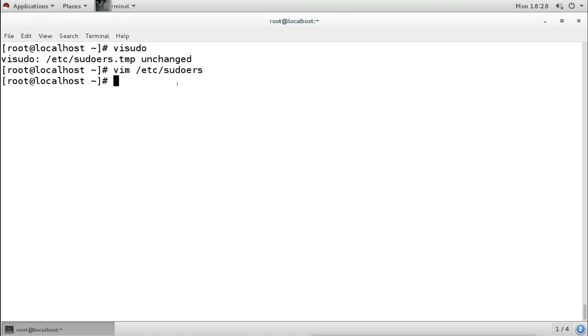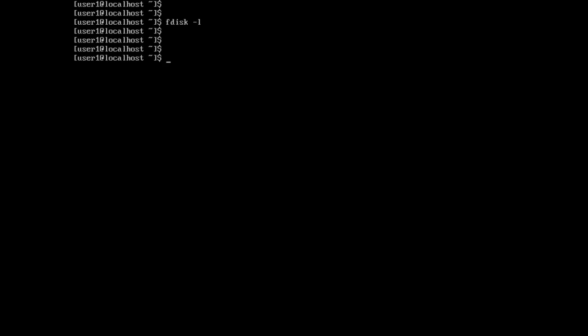Now we will try to check whether user 1 is able to run those commands or not. So I will go to the other terminal, where I have logged in as user 1. I will try to run this command. It was not giving the output because it is an admin command, a root command, and still it is not giving any output. We have given user 1 the sudo privilege to run all the commands, but still it is not getting anything from this command.